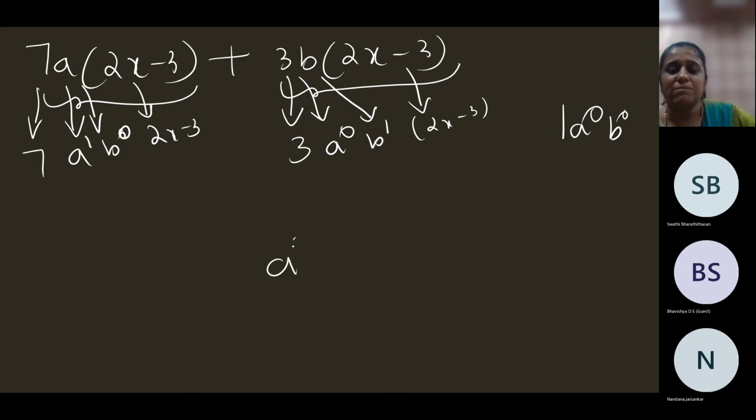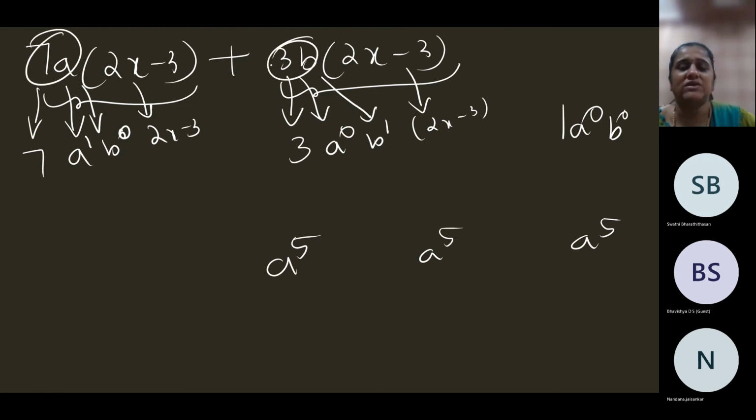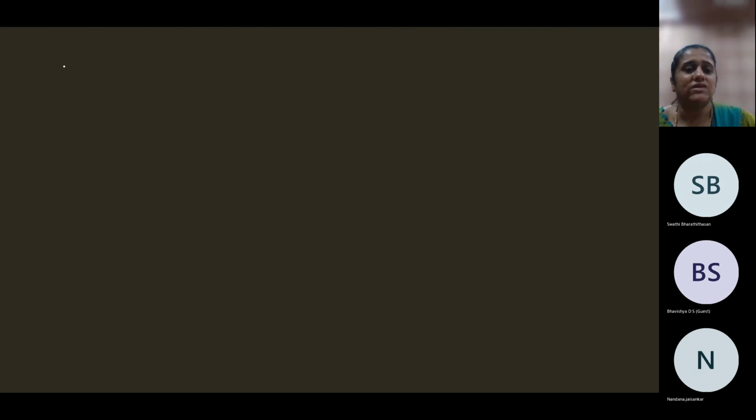See, like if it is A power 5 and A power 5, the HCF is A power 5. The least power is A power 5 itself. So that's common. That's the HCF. So here there is 2x minus 3. Here also there's 2x minus 3. The 2x minus 3 is common. Between 7a and 3b, the HCF is 1. That is common. So 7a into 2x minus 3